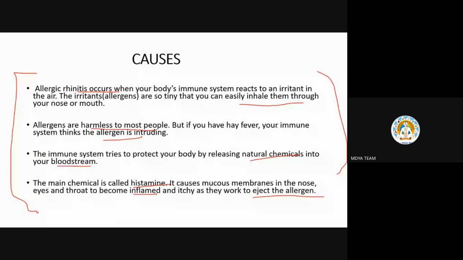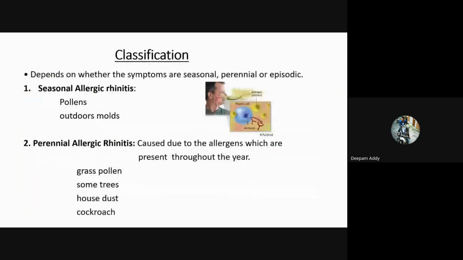It is clear to all, as we have studied before. Yes, ma'am. So now, classification. What is the classification of allergic rhinitis? It depends upon